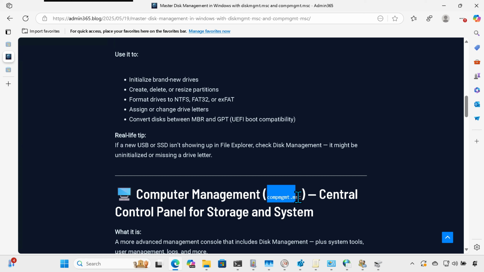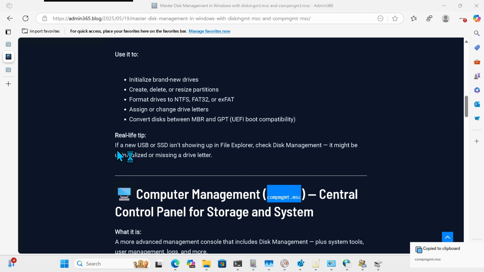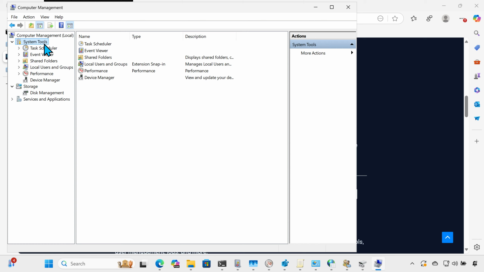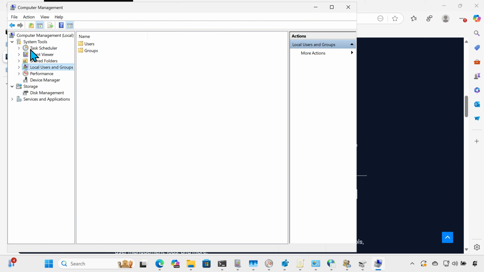Computer Management, compmgmt.msc, central control panel for storage and system. What it is: a more advanced management console that includes Disk Management, plus system tools, user management, logs, and more. Open it: Windows + R, type